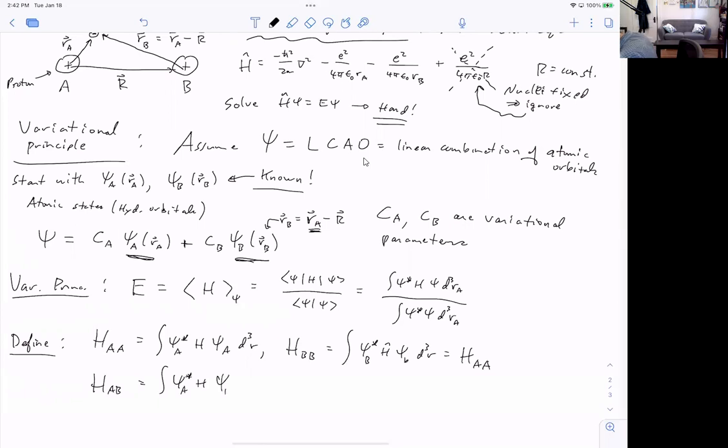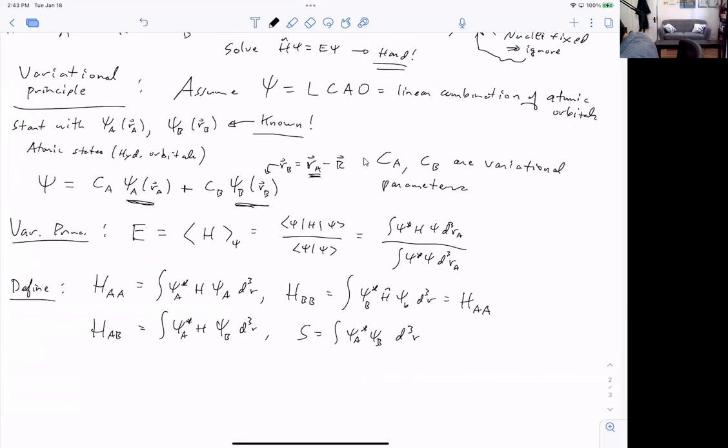Psi B d cubed R, and S is equal to the integral of psi A star psi B. This is really the overlap integral S, d cubed R. And if I make these definitions, then this thing here, which is the energy, if you grind through a little bit of algebra, you can see that it's equal to